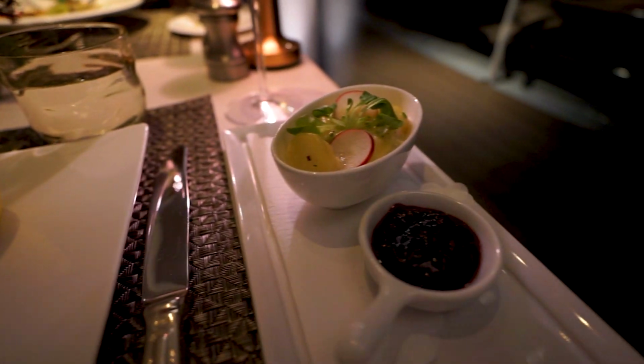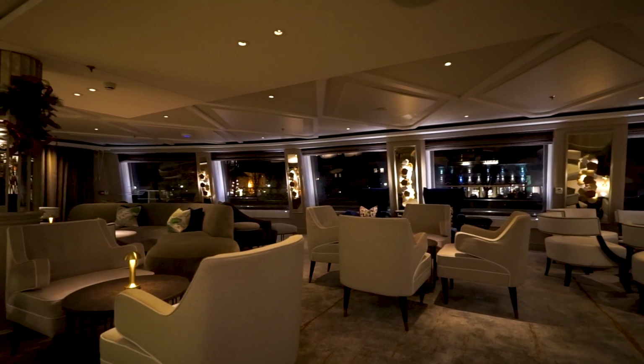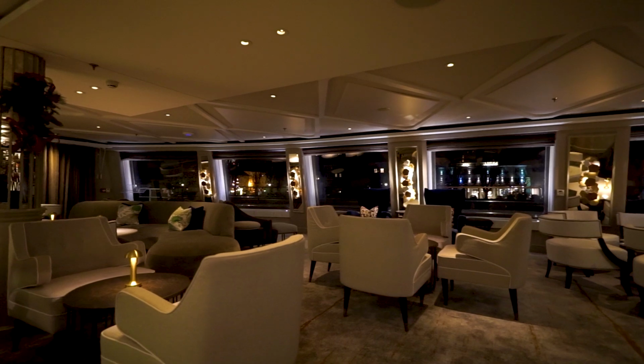And then of course we went back to the panoramic lounge for the last nice evening on board, and soon after we set sail heading for Vienna, the end of our cruise, which will be tomorrow. This time we chose a different place in the lounge, as there were a lot of spaces available, obviously, if there are only 30 guests on board,